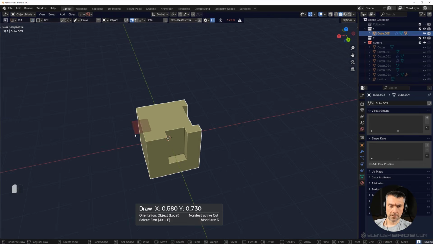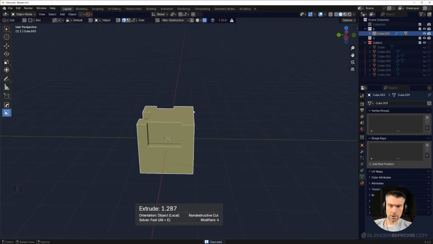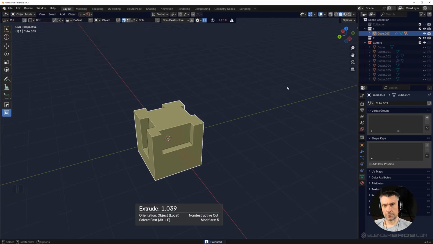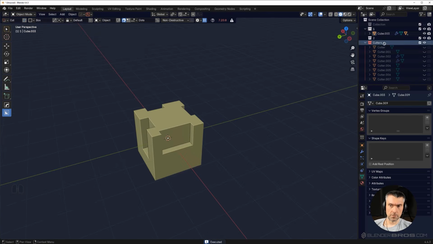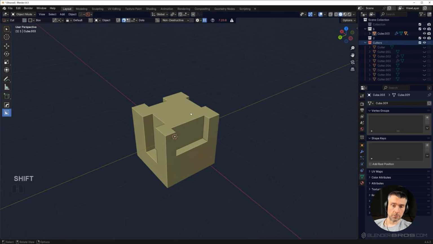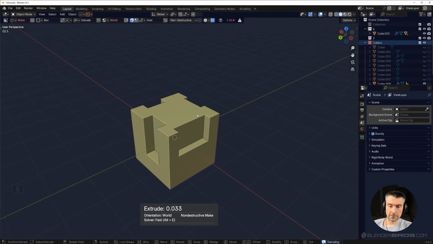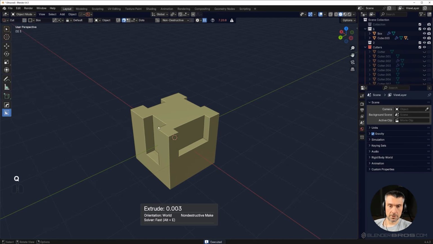In vanilla Blender, in order to recover all these booleans, which by the way you would need to manually put in a separate collection, Box Cutter is going to do it automatically for you because it's going to create this cutters collection. You would need to look at all these cutters on all the meshes and find the right ones. Well, HardOps makes it really easy because what you can do is select the mesh here,